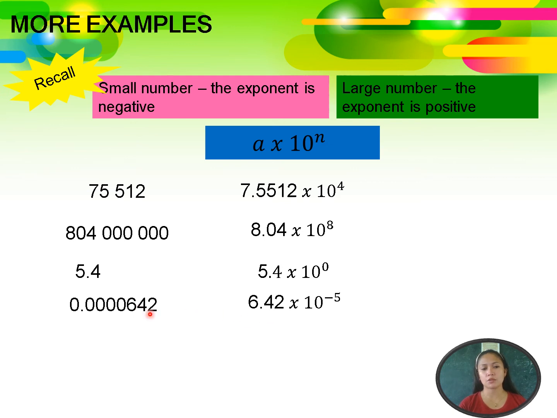6.42, and we'll not write the zeros here because they are not significant. Times 10 is constant, and where did we get negative 5? That is 1, 2, 3, 4, and 5. And it's a very small number, so that is negative. Next,